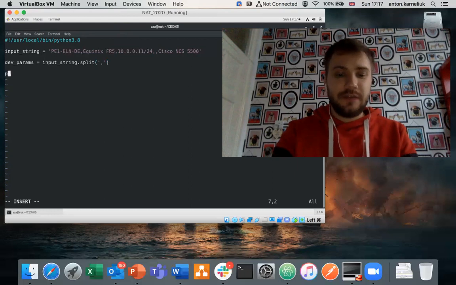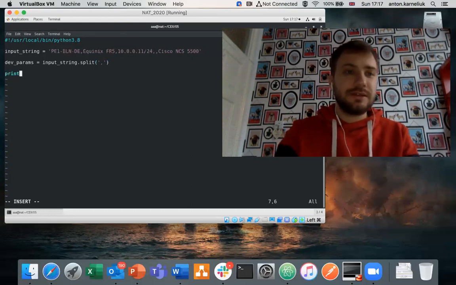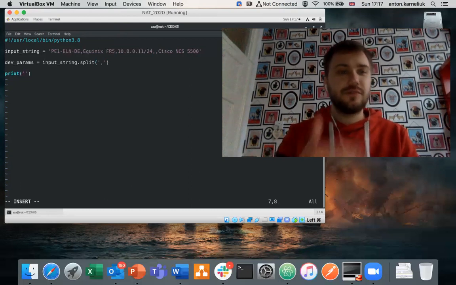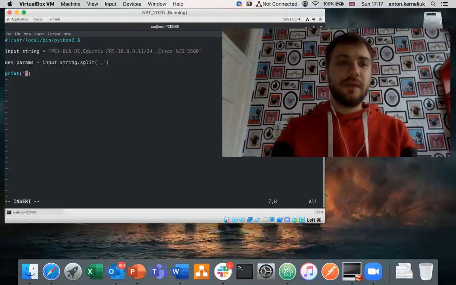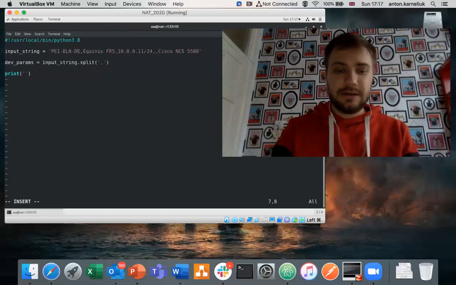Let's check if that is working properly. So we take a print function, and we will verify the content of the def param, so assuming it is parsed properly. So we say print the parsed